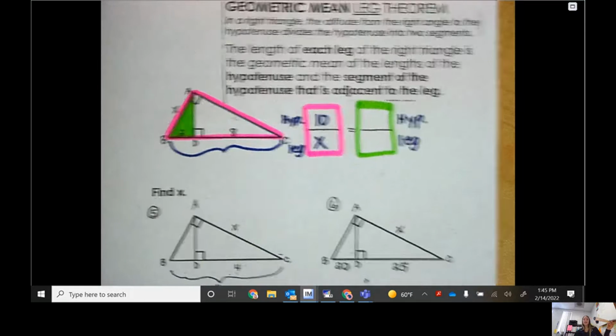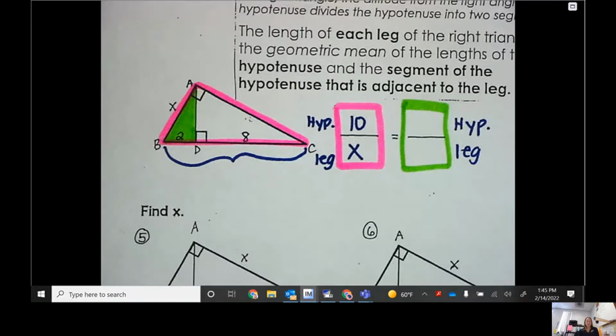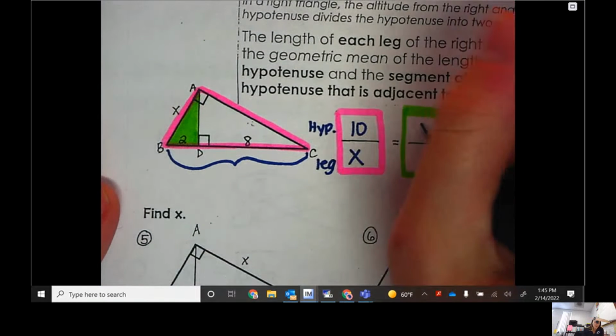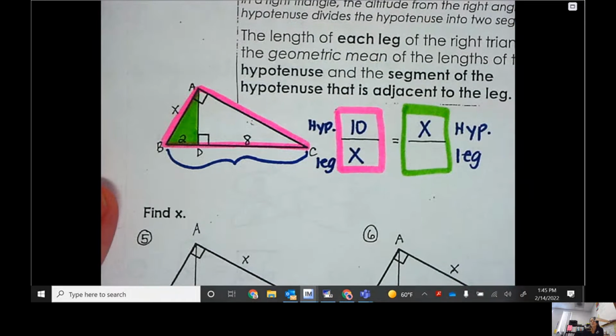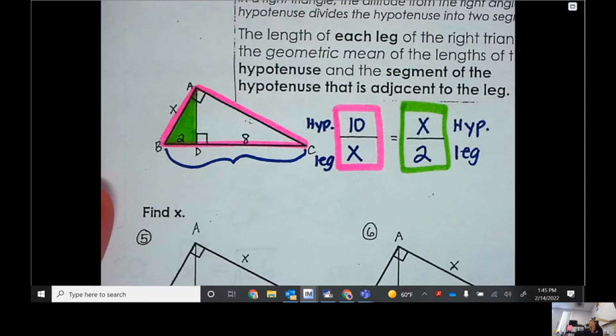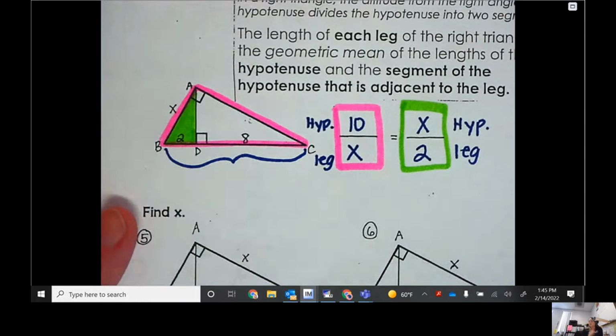X. Yeah, side AB is the hypotenuse. It should match up diagonally with this piece over here. What's the only other side given to you in that green triangle? 2. So that would be your setup, and then you would obviously do the same thing